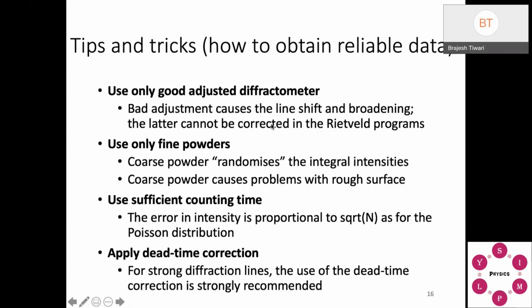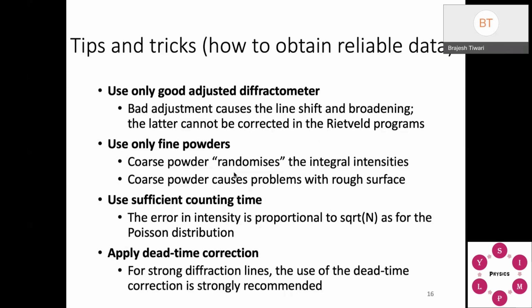Okay, then another important point to note down: use only a well-adjusted diffractometer. Bad adjustment causes line shift and broadening, and that will lead to refinement results which will not be related to your material. So unless you have a highly adjusted diffractometer, it's not good to do the Rietveld refinement. Even then you will get information that may not be related to your material, or it will give a wrong value.